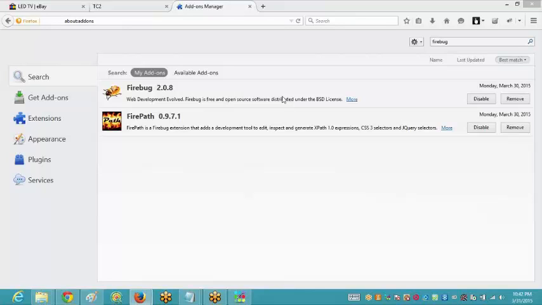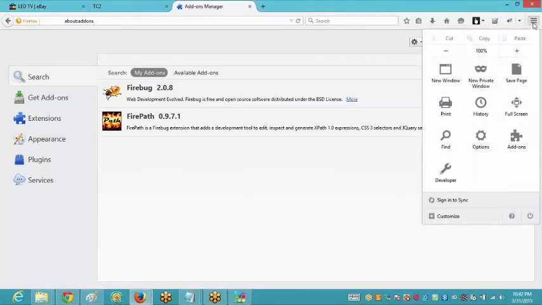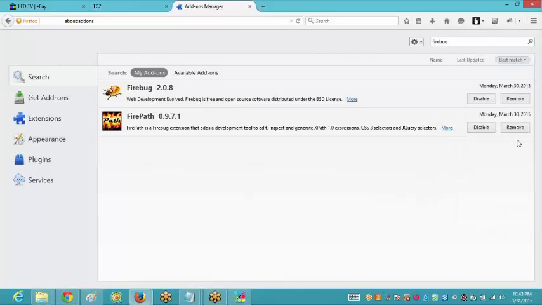Samatha, you need to go to the add-ons. Can you see the add-ons over here? Go to the add-ons, search for Firebug, install it. Then again search for Firepath, install it, and then reopen or restart your Mozilla Firefox.